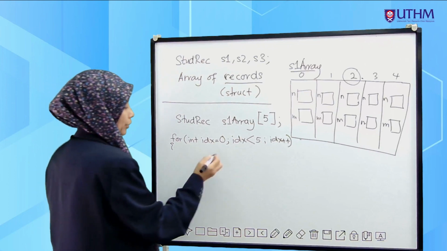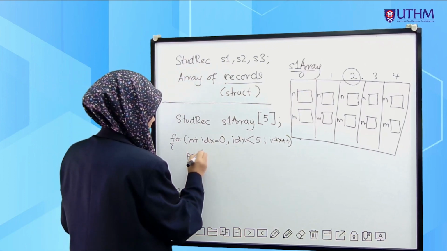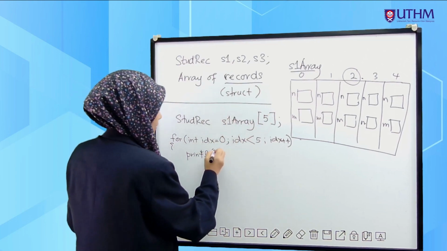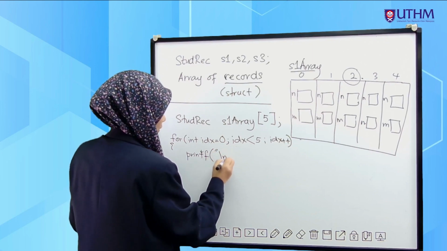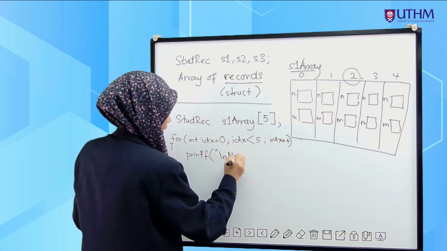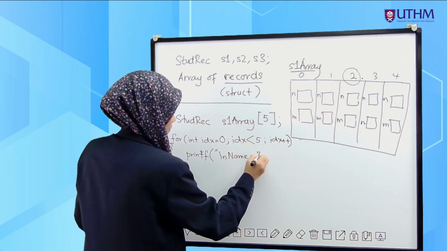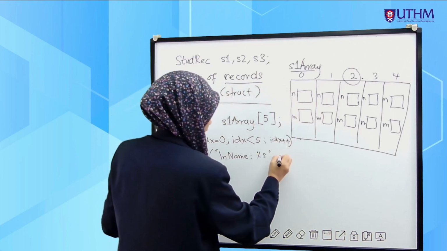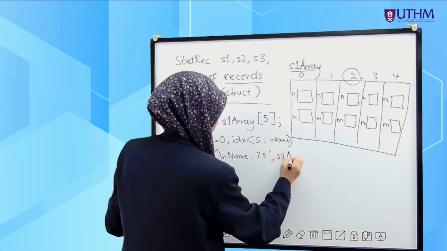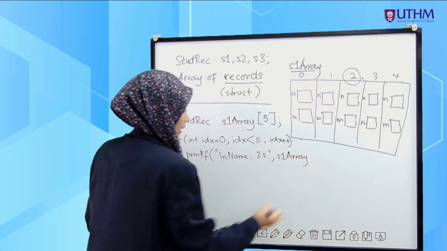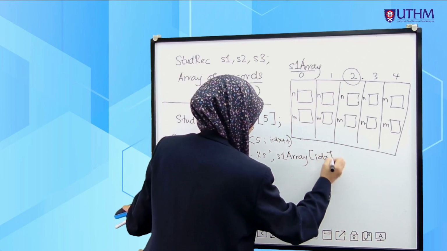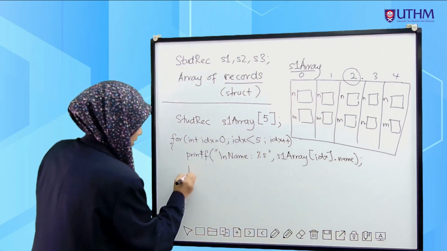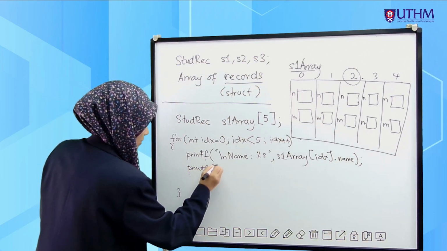Just now we read input; to display the output, we can have a printf statement here, and we are going to print every element. Let's say we want it together with some message, like "Name: %s", and the value that we want to display on the output screen is inside the array s1_array, followed by index dot name. Similar for the marks, "\nMarks